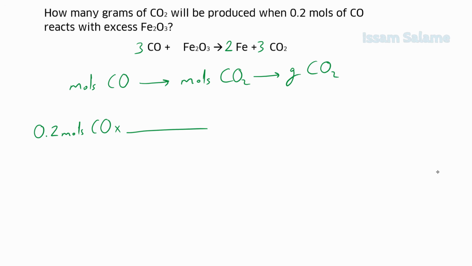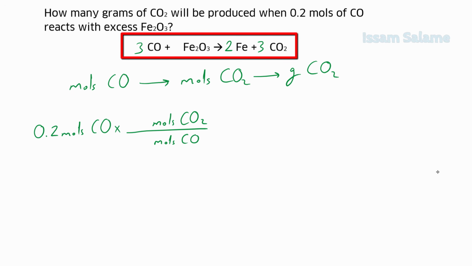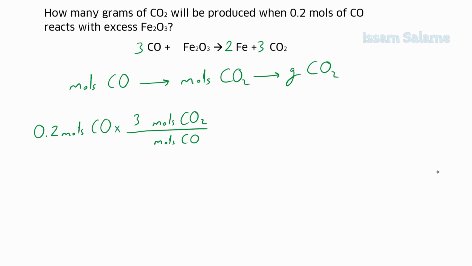We multiply it with a fraction. We put moles of carbon monoxide in the denominator and moles of carbon dioxide in the numerator. We get the coefficients from the balanced chemical equation: 3 next to the carbon dioxide and 3 next to the carbon monoxide. Then we multiply it with another fraction to convert the moles of carbon dioxide into grams of carbon dioxide. You put 1 next to the moles of carbon dioxide, and we get the molar mass of carbon dioxide